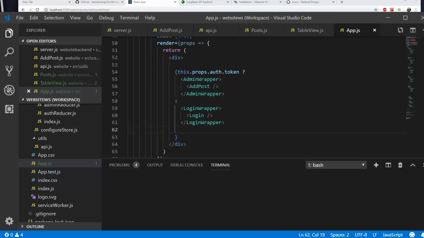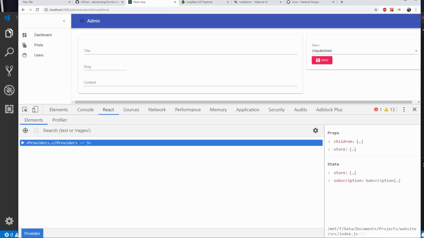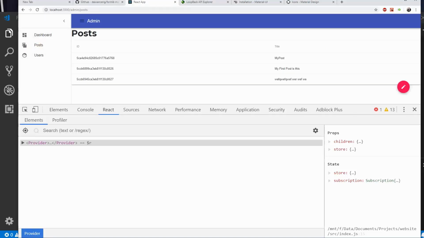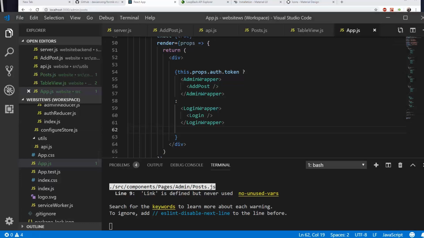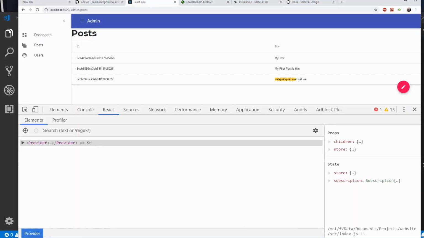I'm not sure if it updated there. Can I save it? Oh, there it goes. Not sure if we're disconnected from React. Not sure. Regardless, that's how we're going to add posts for now,